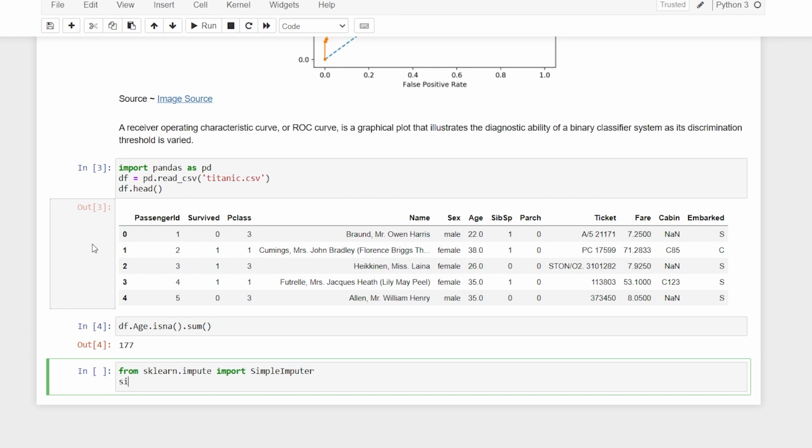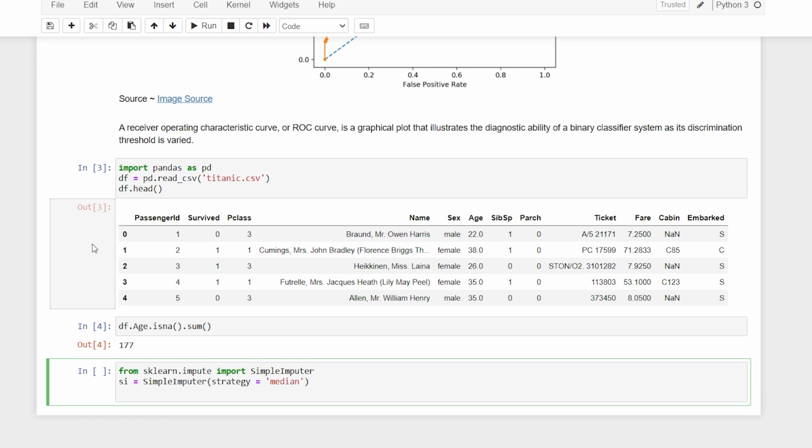I've covered each and every single one of these in detail. SI is for SimpleImputer, with strategy median, and now I'll make an object.